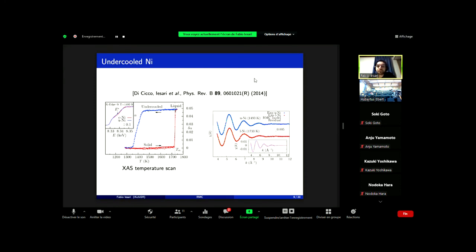So what we wanted to see is how the structure changed between the liquid and the undercooled liquid phase configuration for nickel, and to gain some insight into the structure, because one hypothesis of why these metal droplets undercool is that in the solid configuration nickel is FCC, and there was a theory in 1952 by Frank